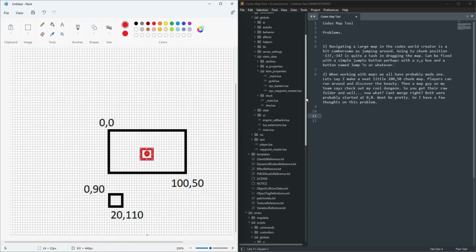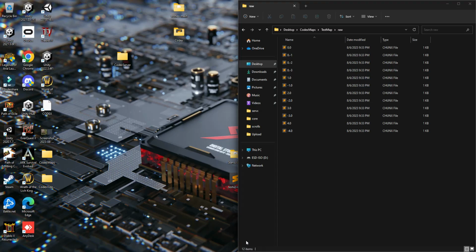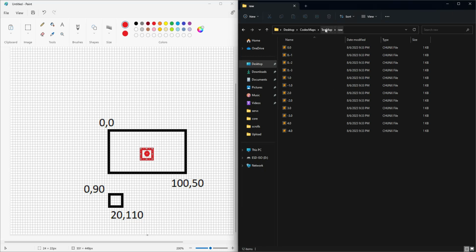All right, cool. This is my initial idea of some of the issues dealing with the map editor, which is fine. It has nothing to really do with the editor itself, other than being able to traverse very large maps, and it gets very cumbersome to do so. So, if you took a look at the file structure, and I believe I do have this up,